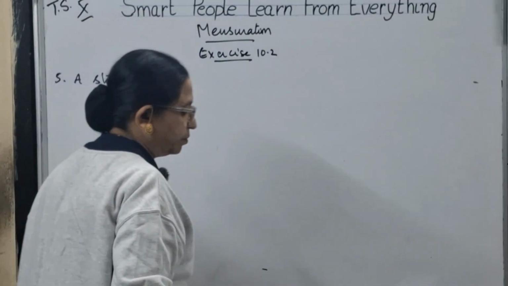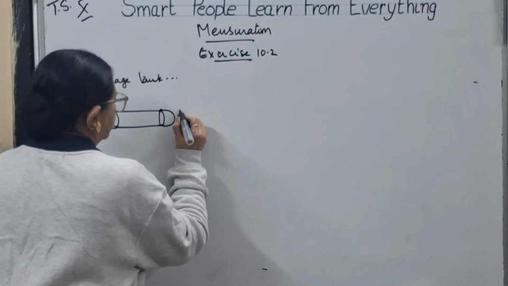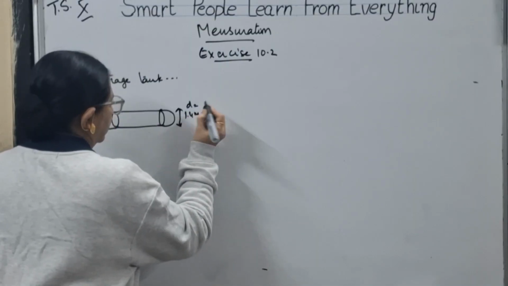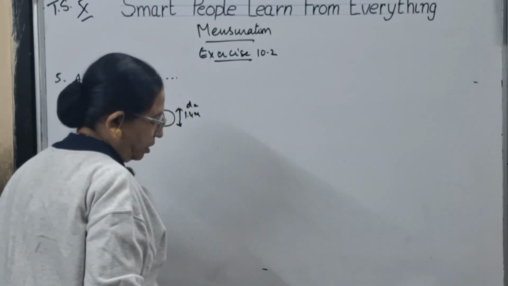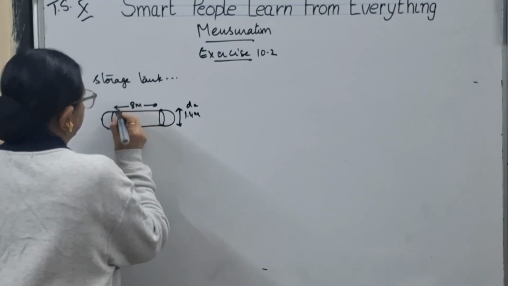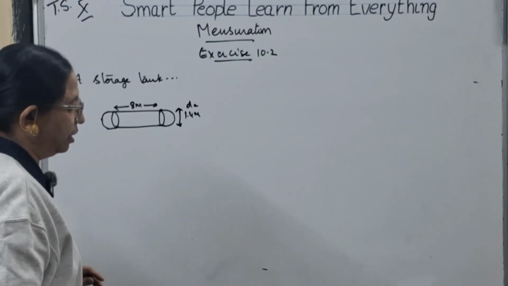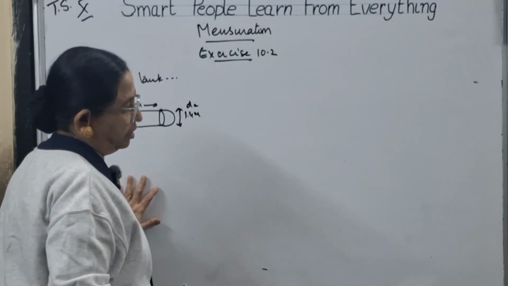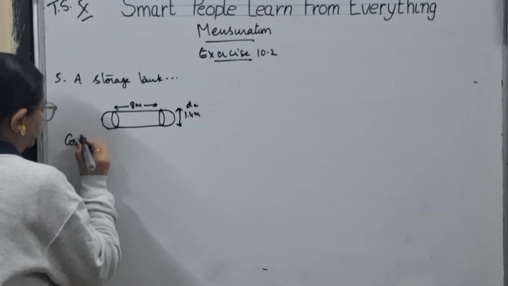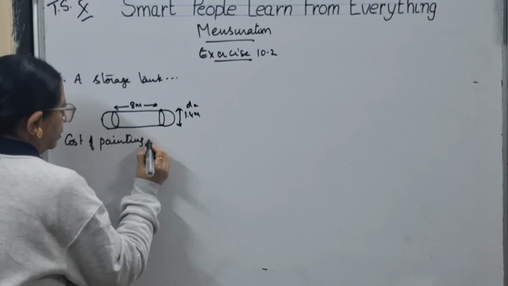If the external diameter of the cylinder is 1.4 meters and length is 8 meters, 8 meters is the length of the cylindrical portion, then find the cost of painting it on the outside at the rate of 20 rupees per square meter. So you need to find the cost of painting, which is nothing but